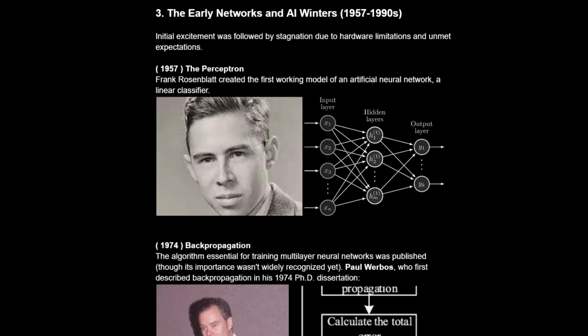In 1957, the perceptron was conceived. Frank Rosenblatt created the first working model of an artificial neural network, a linear classifier. And you can think of a perceptron like a little judge, where it gets training data and iterates over that training data however many times you set. It's called an epoch. It runs a series of epochs until it can judge a correct answer. And it has something called weights and bias that help it come to a decision.